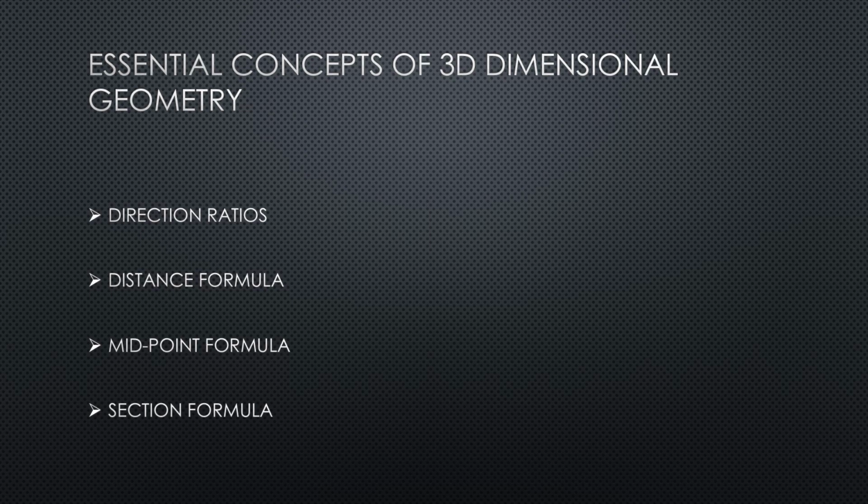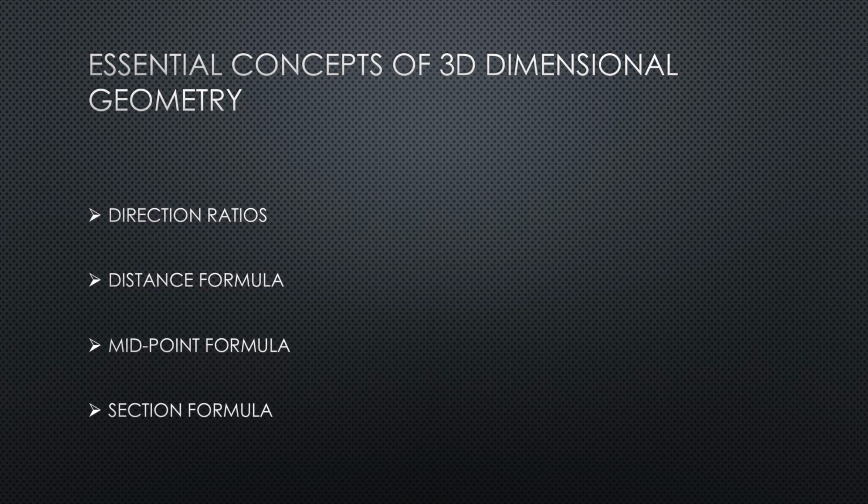Midpoint formula. To find the midpoint of the line joining the points (x1, y1, z1) and (x2, y2, z2), it is considered a new point. In this, the abscissa is the average of the values of x of the two given points. The ordinate is calculated as the average of the values of y of the given points. The midpoint is located between the two points, on the line joining them.